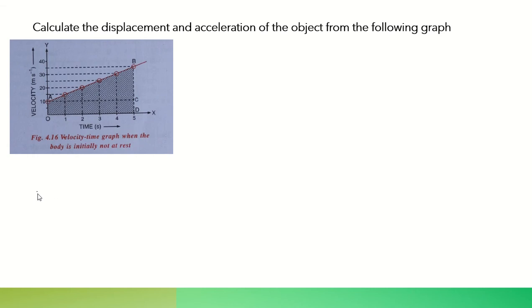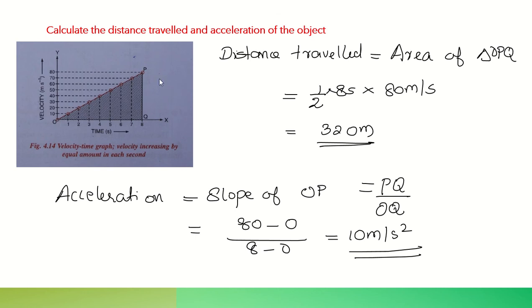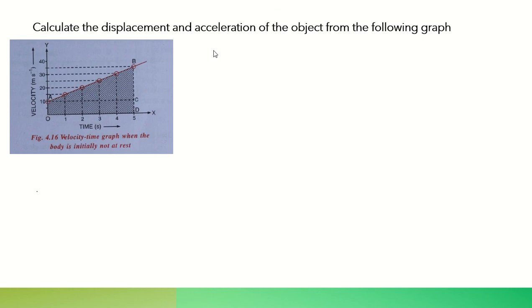Now let's see another one where it is not starting from origin. It has an initial velocity of 10 meter per second. You don't have to worry about that. We just have to check what shape the graph has. See, in the previous question, let's understand the difference between the previous one and this one. Here, when it is starting from an initial velocity of 10 meter per second, area under the graph is becoming the area of the trapezium. But when it started from origin, we got a triangular graph. That is the only difference. Okay. So now let's do it.